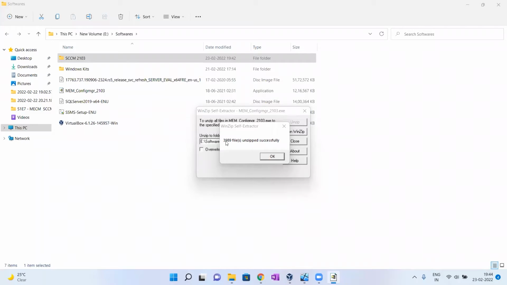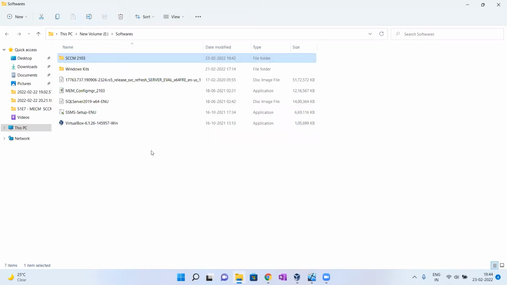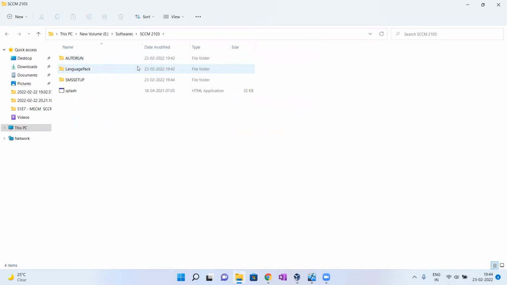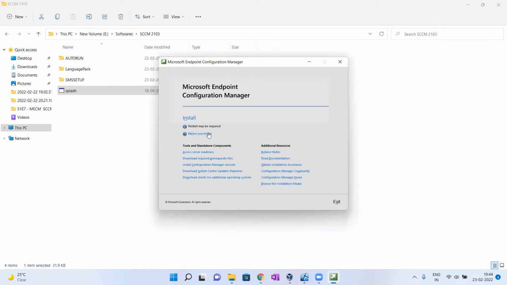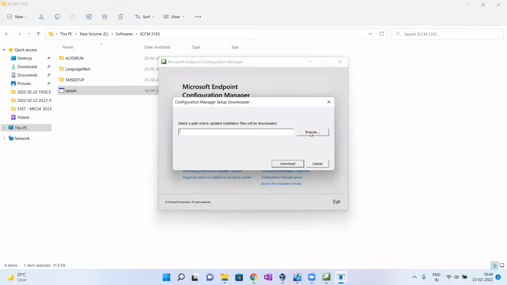Now the unzip has successfully completed. Clicking on OK. Close this one. Now let's open the folder wherever we unzipped the files. You can directly click on Splash. Here we need to download the prerequisites first. Click on this one. Click yes. Here we need to give the path where we need to download.